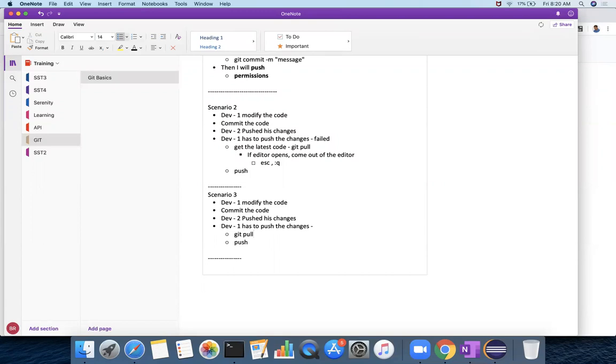If git pull happens and an editor opens, he comes out of it by using colon q. Else there is another scenario you will get. That scenario we will be talking about now.